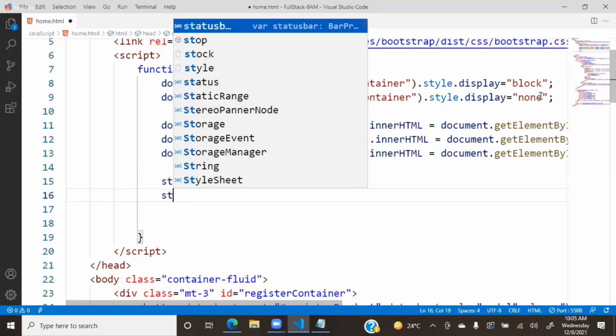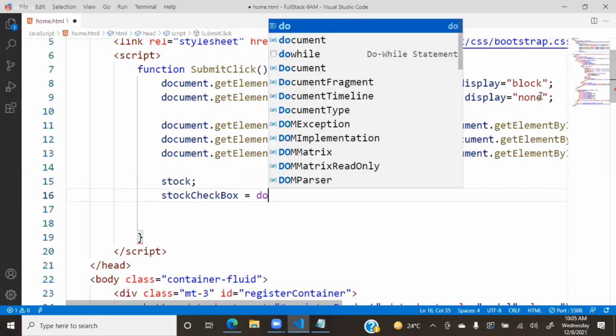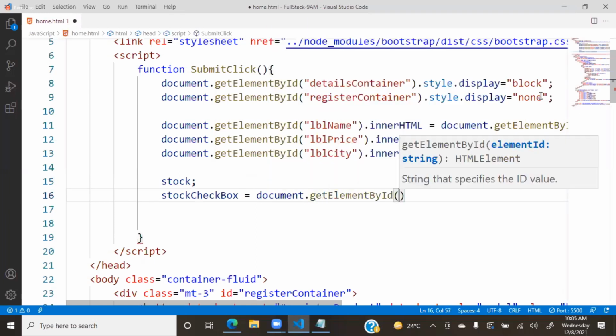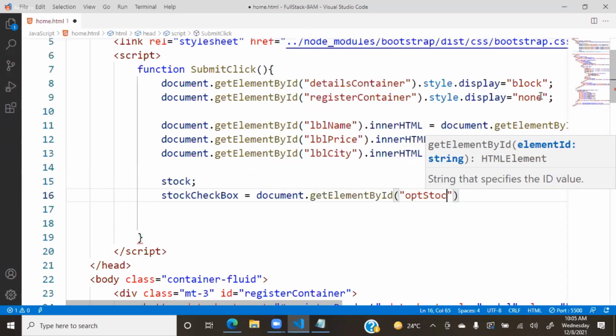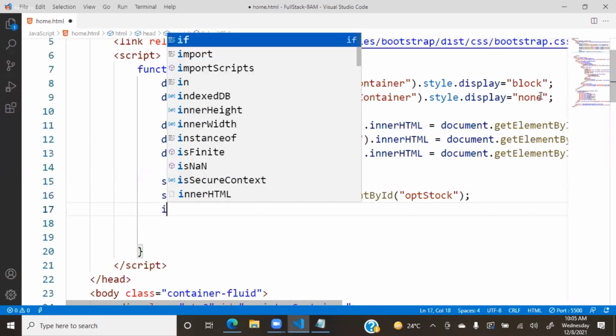That means I will write here stockCheckbox. How to collect the checkbox? document.getElementById optStock. optStock is the checkbox. That means we are collecting the checkbox and now we are verifying if